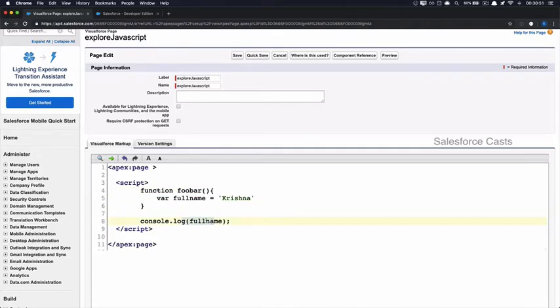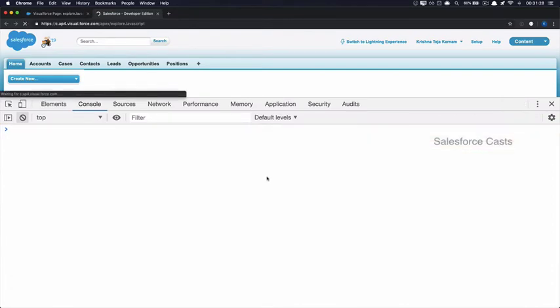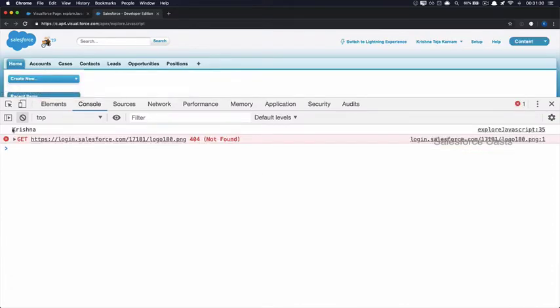Now let me try to refactor this code, and this time I'll not try to use the function, but then I'll try to make use of if statement, and the condition is going to be true, which means the execution is going to get into this statement every time. So within the statement, I have a variable which is declared, and now I'm trying to log the variable here, which is full name. If you notice, this is not a function, this is just a statement. Let me save it. Let me see the output now. There you go. It gives Krishna.